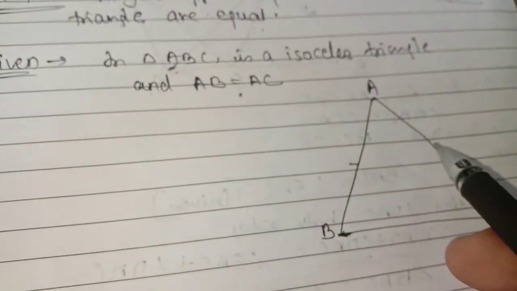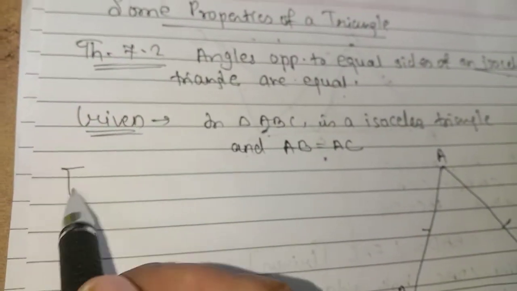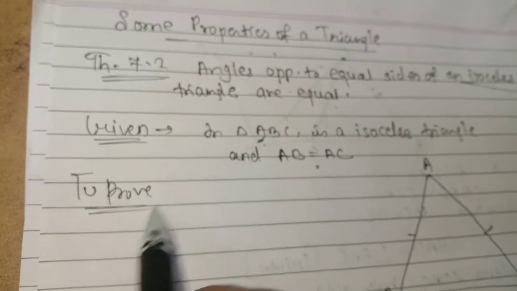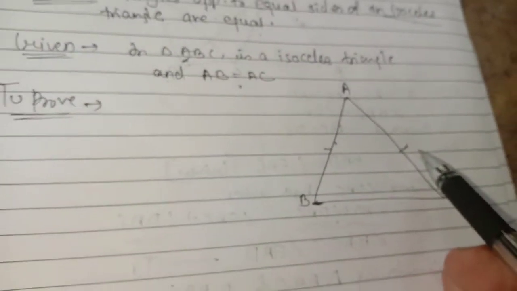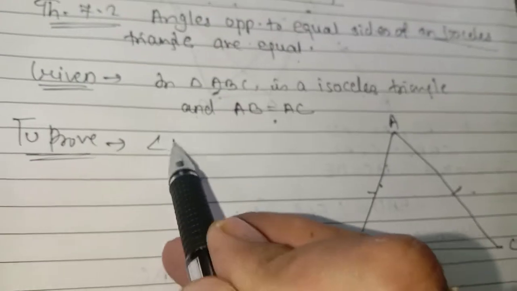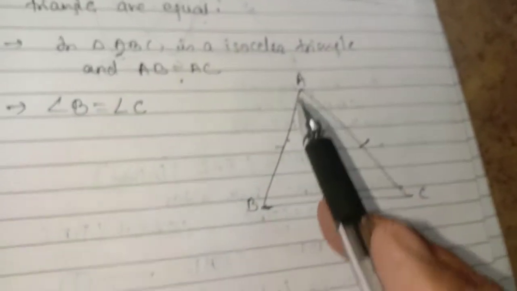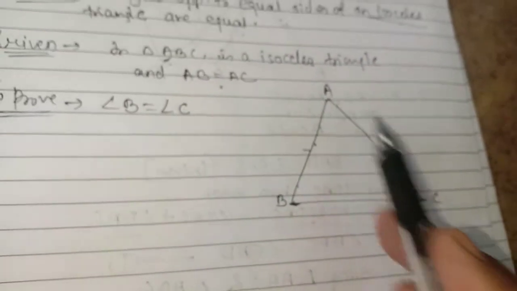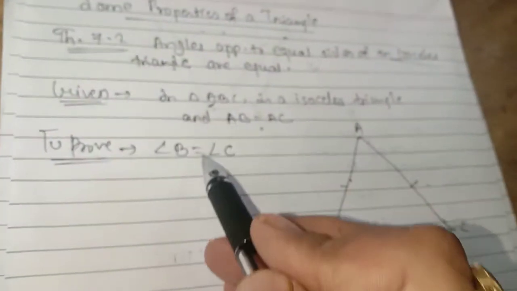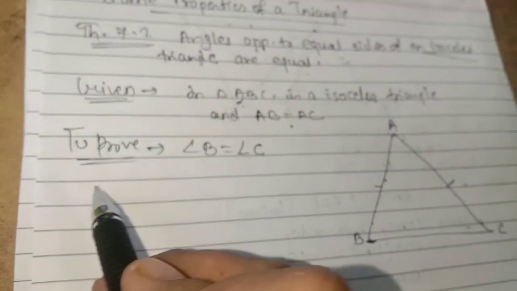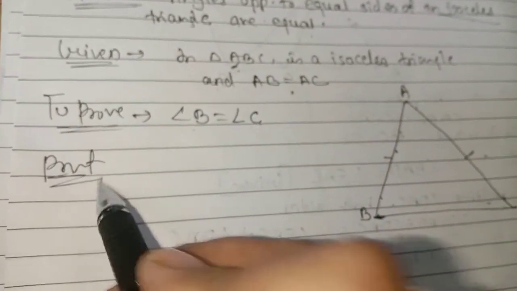Now what do we have to prove? It is a very important theorem because we have to use it in so many questions, not only for this year, for next year also. We have to prove that if AB and AC are equal, then the angles B and C will also be mutually equal. The angle lying in front of side AB is C and in front of side AC is B. So we have to prove that both the angles are equal. So let's write down the proof now. For that we need some construction.